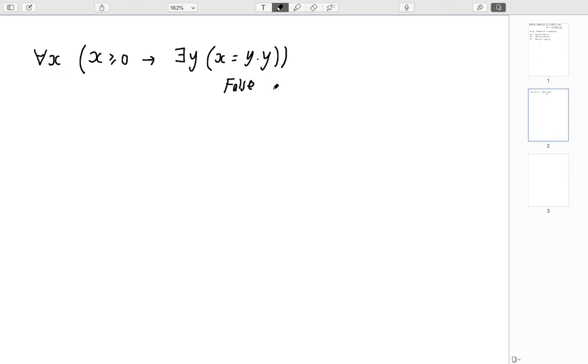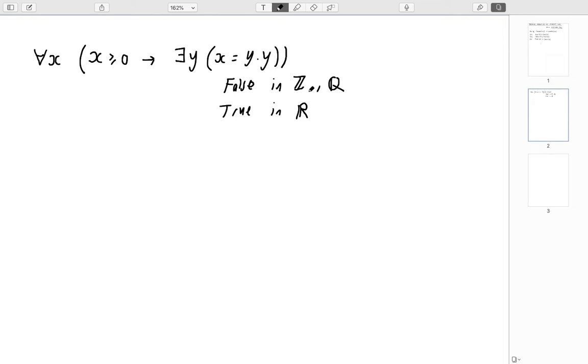if we interpret it in the ring of integers and also in the ring of rationals, a famous argument from the ancient Greeks that 2 has no rational square root, but it's going to be true in the real numbers. And for example, a formula that would distinguish between the rationals and the integers is the formula that states that